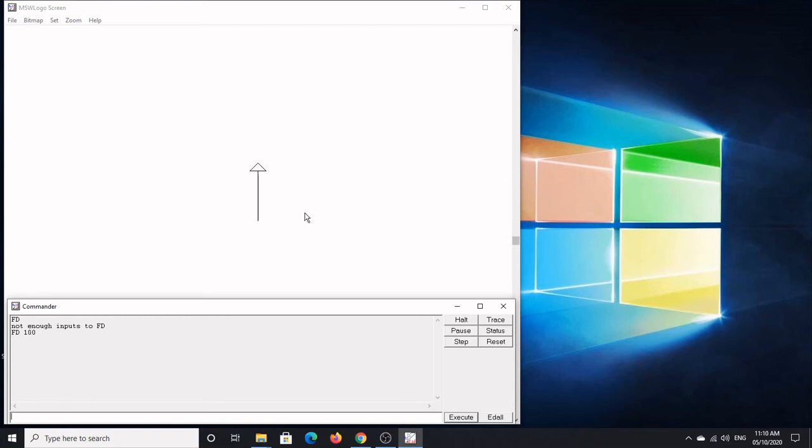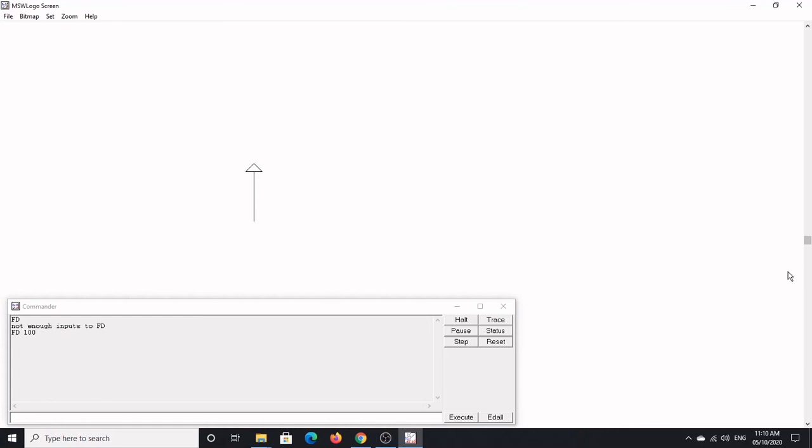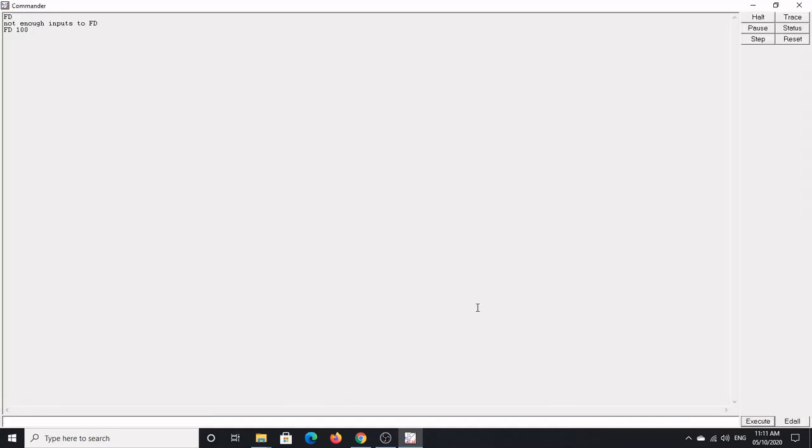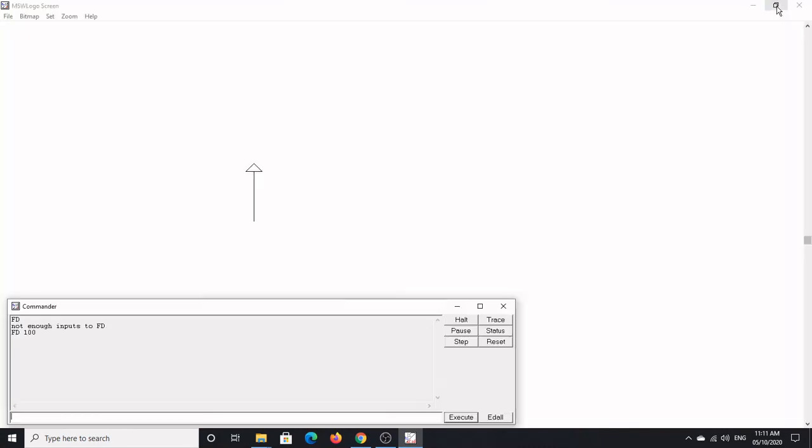So today you have learned how to install Microsoft logo, and you have learned the environment of Microsoft Windows logo screen. Now this window you can see it is minimized. You can maximize also by clicking on this. So this way your drawing area will be maximized. And always see that this should be in this position only. If you maximize the commander window, you will not be able to see the drawing area. So always keep it restored. Okay, minimize it. Follow children.